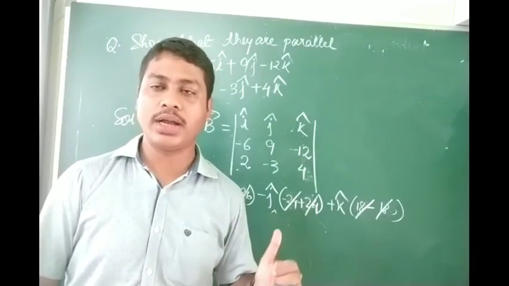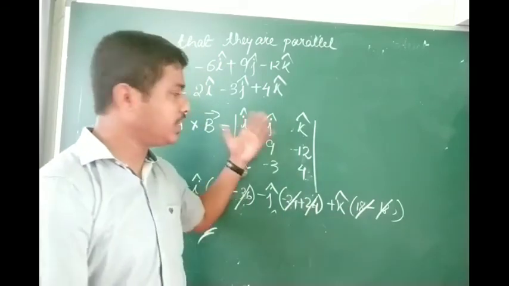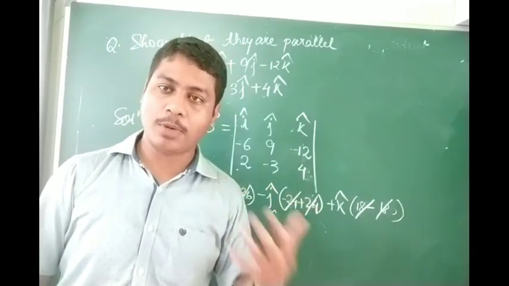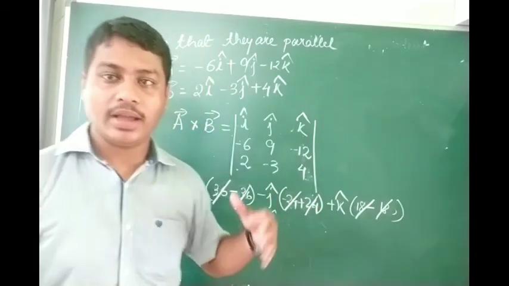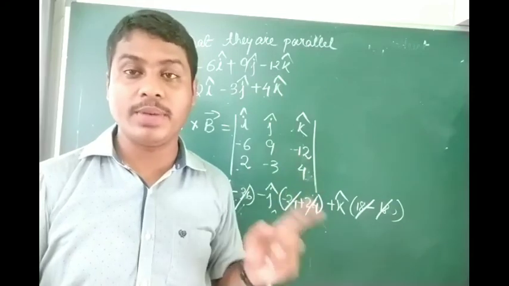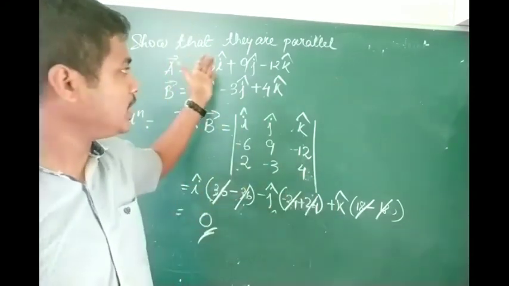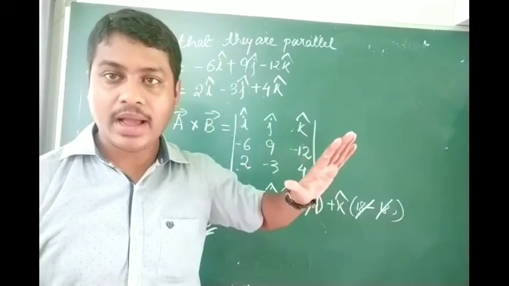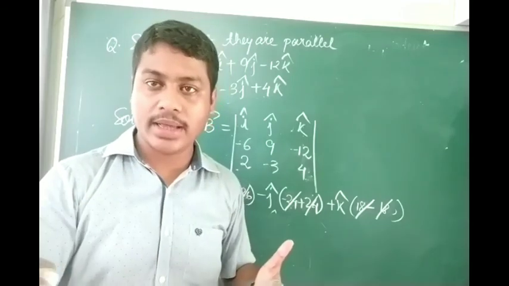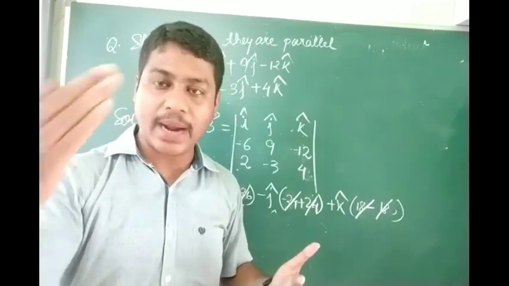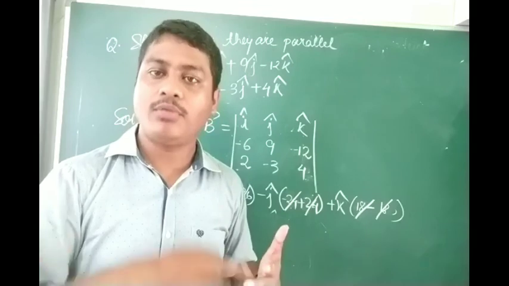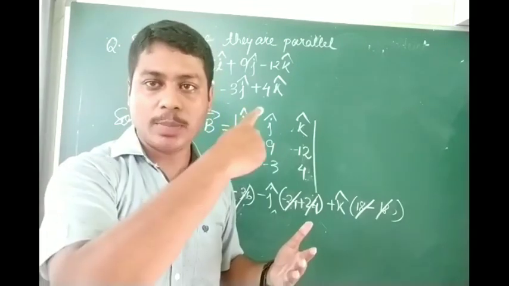The same way we can do it for the dot product, to show that two given vectors are perpendicular to each other. For that we have to do the dot product, and if the dot product answer is equal to 0, they are perpendicular. In the dot product, for parallel vectors the answer will not be 0. Only perpendicular vectors will give 0. So if the question says the two vectors are perpendicular to each other, you do the dot product. If the question asks about parallel vectors, you do the cross product. Remember that. For perpendicular, you have to do dot; for parallel, cross product.